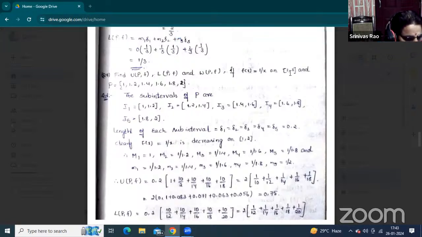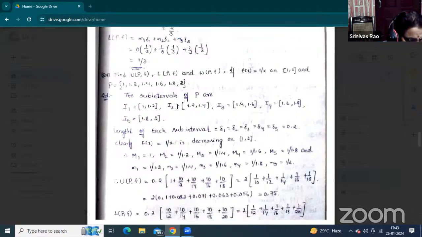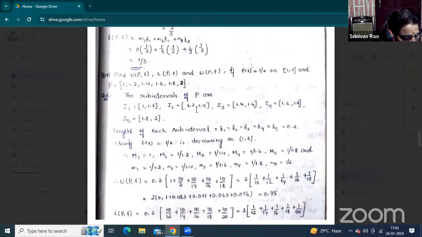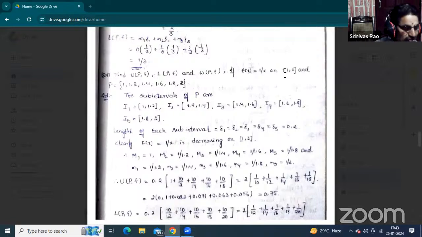Now, for the difference you are taking, you just have to imagine here. What is the value? 1 by 2 is there. Suppose x equal to 2, 1 by 2 is 0.5. In between, we are taking the difference 0.2. 1 plus 0.2 is 1.2, and then 1.2 and 1.4. So the length of the interval is just 0.2. According to the length of the interval, you have to construct the partition set.